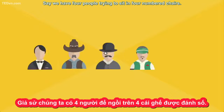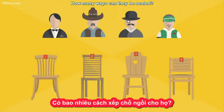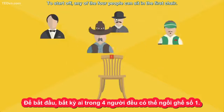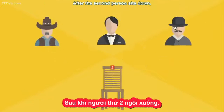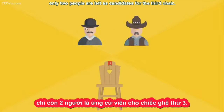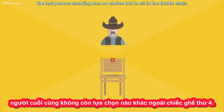Say we have 4 people trying to sit in 4 numbered chairs. How many ways can they be seated? To start off, any of the 4 people can sit in the first chair. Once this choice is made, only 3 people remain standing. After the second person sits down, only 2 people are left as candidates for the third chair. And after the third person is sat down, the last person standing has no choice but to sit in the